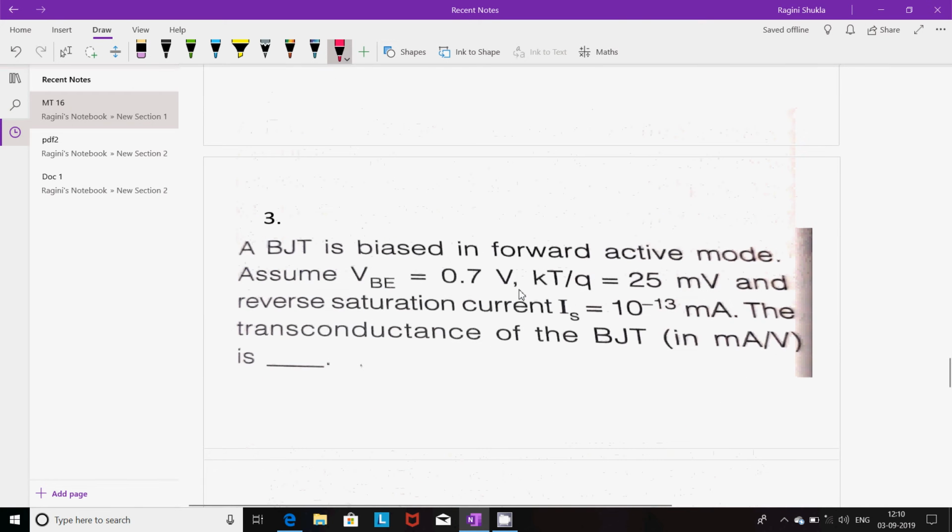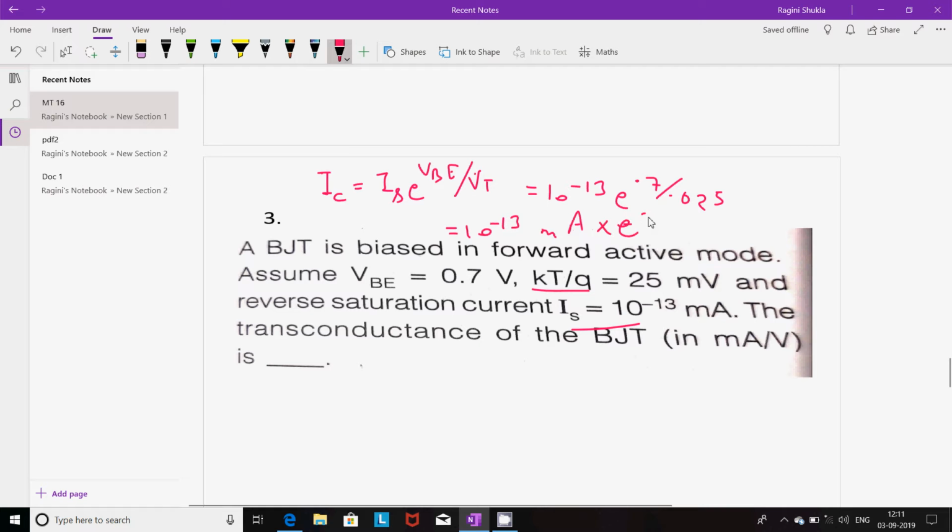Next question. A BJT is biased in forward active mode. These are the given things. First of all, IC is equal to IS e to the power VBE by VT, which is equal to 10 to the power minus 30. What is this IS? Reverse saturation current. And this is equal to e to the power 0.7 by 0.025. When you solve it, after solving this, we get IC is equal to 0.144